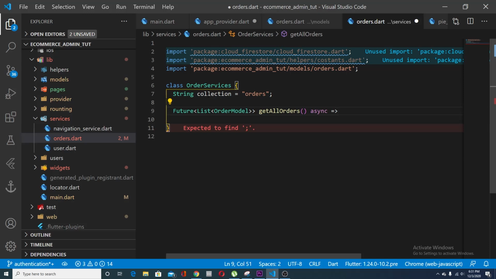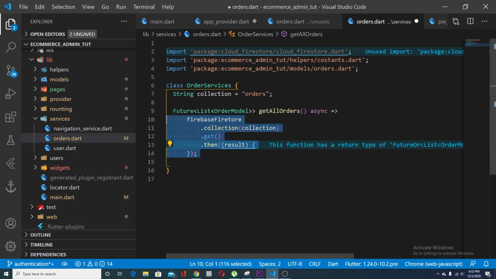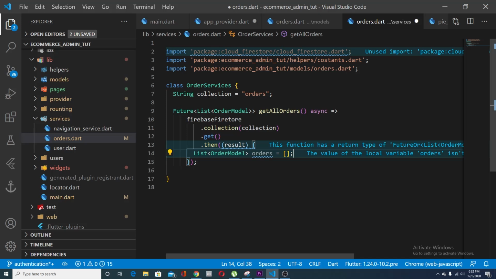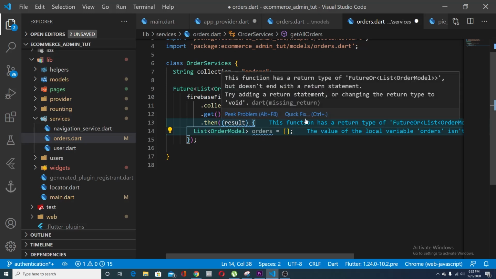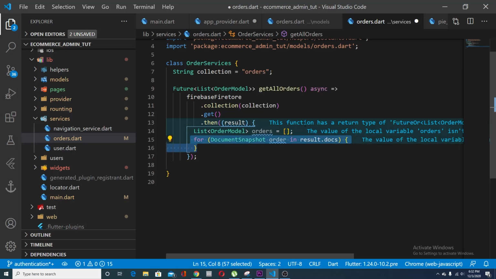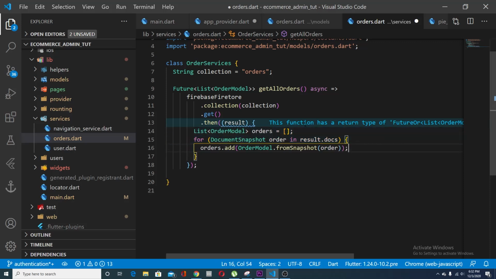We create one method that is going to allow us to fetch all of the orders in the database, right? And this is the magic code that's going to do that. Firestore collection get, simple like that. And after we get, inside of this we do get then result, and inside of this we're going to create a list of order models called orders, right? And we're going to create a for loop that's going to iterate throughout our result. So we're going to get one order inside of the results, and we're going to do orders.add